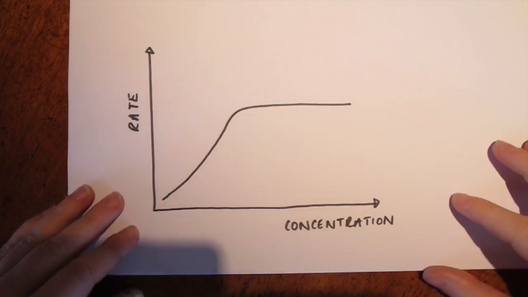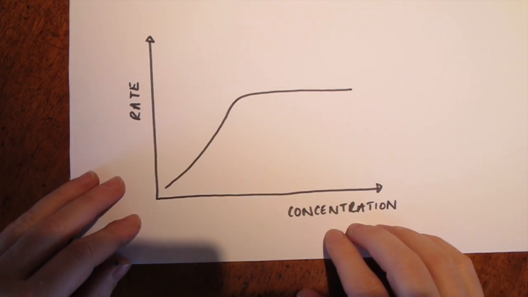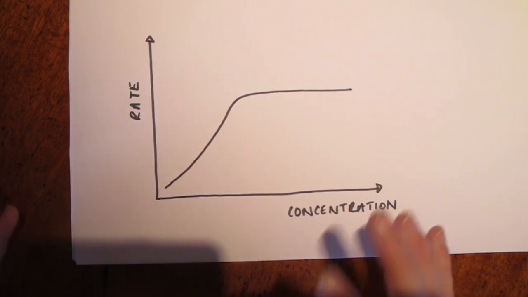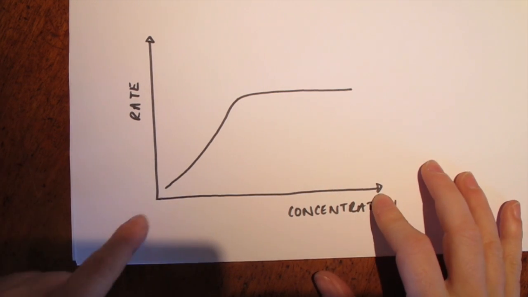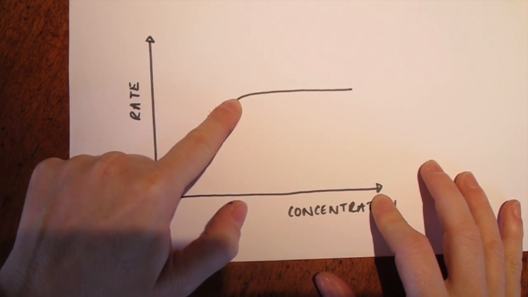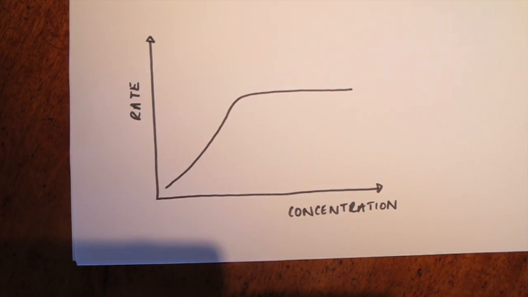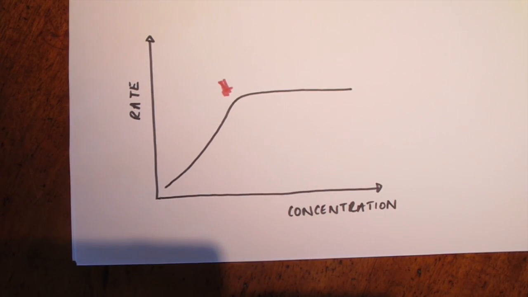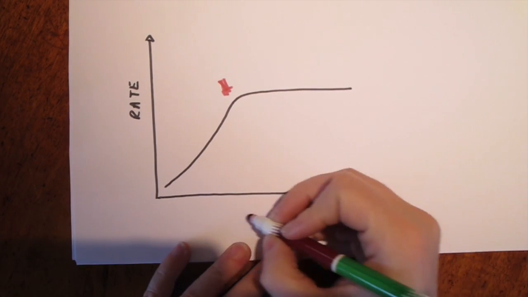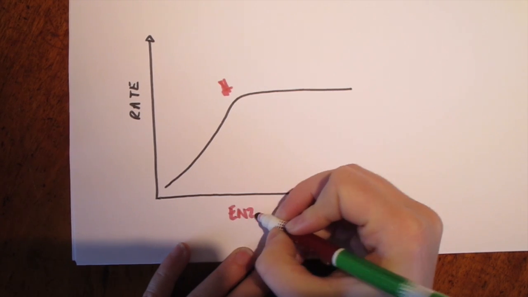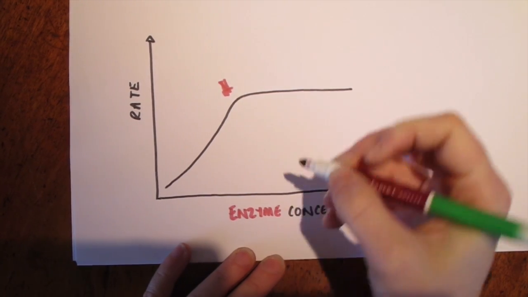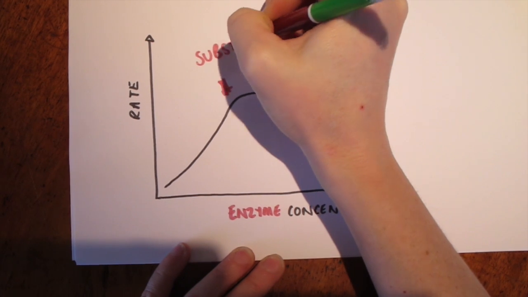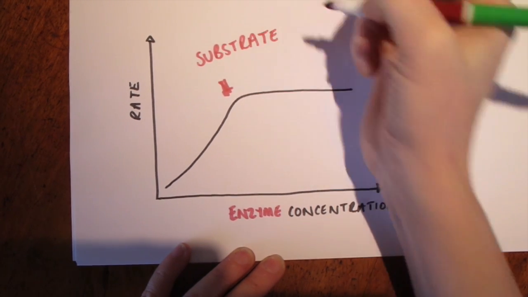The final change comes about when you start to change the concentration of either the substrate or of the enzyme. You get the same basic graph. Initially, the rate will increase and then it will level off. At this point here, the other factor has become limiting. So if this was enzyme concentration here, then what has happened here is that the substrate concentration has become limiting,